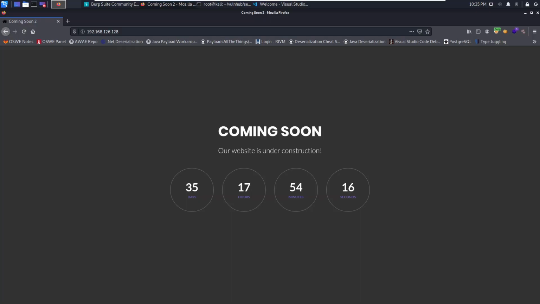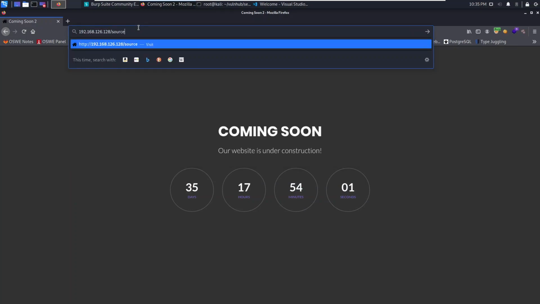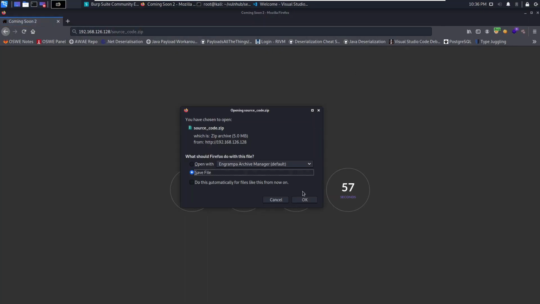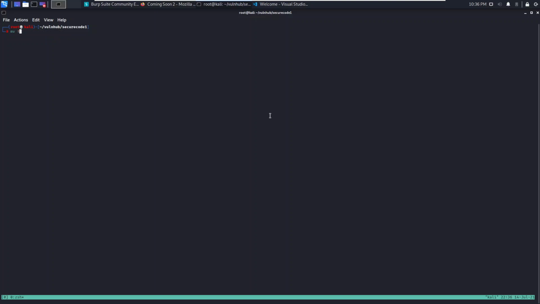Alright, so we're going to be doing SecureCode1, which is a PHP box with blind SQL injection and insecure file upload, and it's all found through code review. So for this box, you have to download the source code at, I hope I'm remembering this right, source code zip. Alright, so I'm going to download it and move it to my current directory,